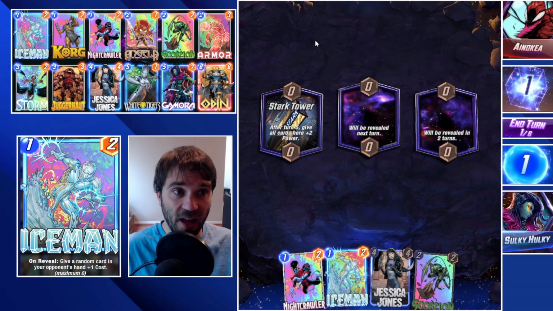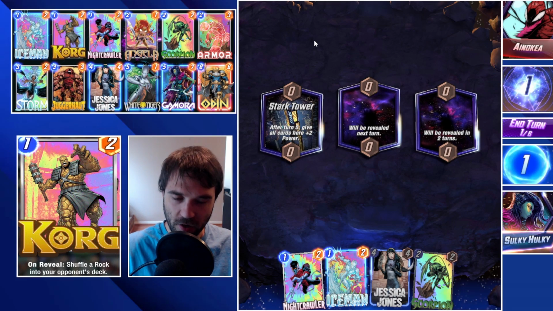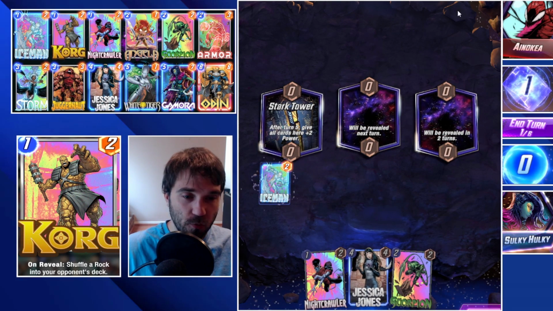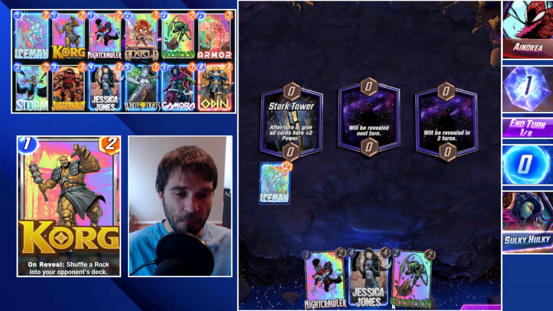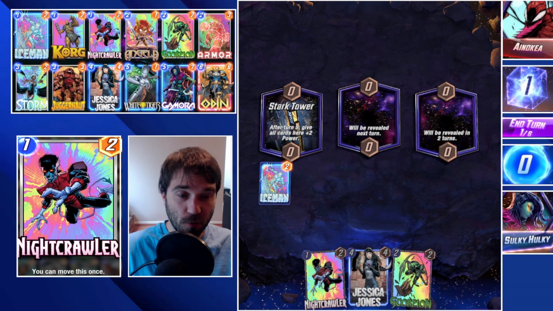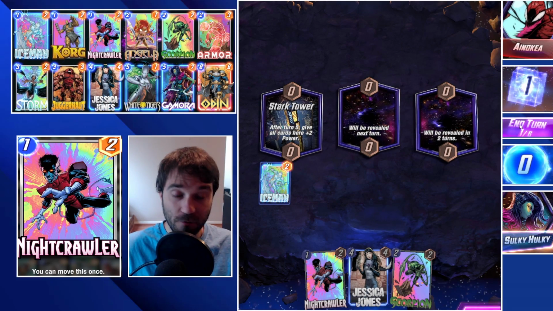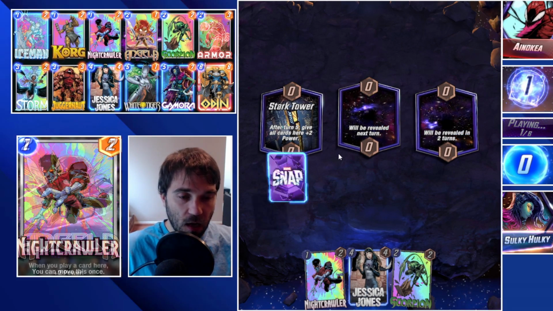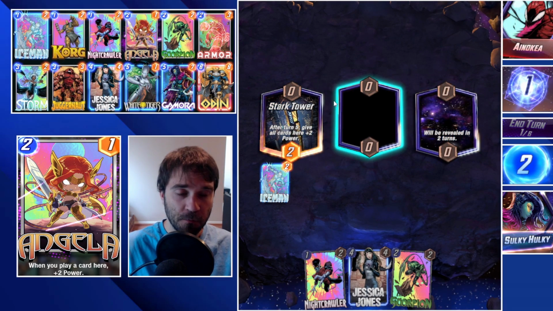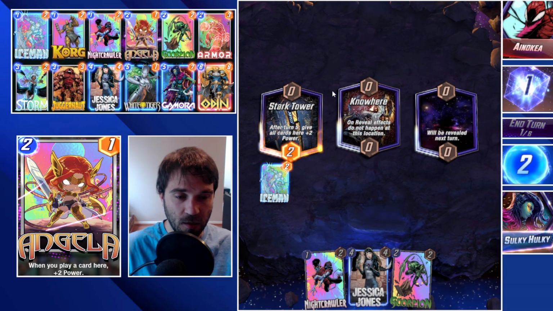All right, so next up we have Enokia. The first location is Stark Tower, which is going to be decent for us to have several cards there. So I think we're going to play our Iceman. Next turn we can do Scorpion. That's going to disrupt their curve and disrupt their power of the cards that they have in hand. We do have Jessica Jones to drop on 4. If we can draw into Storm, that's going to be phenomenal. If not, then we'll look for...